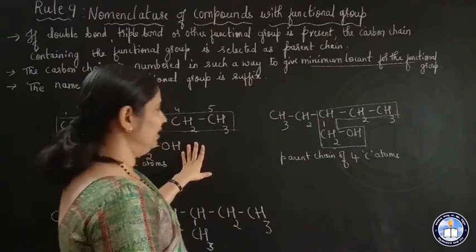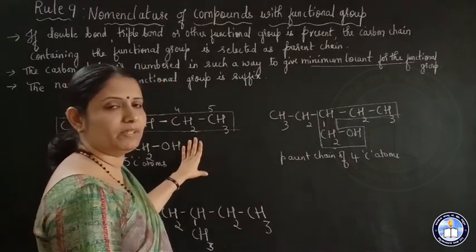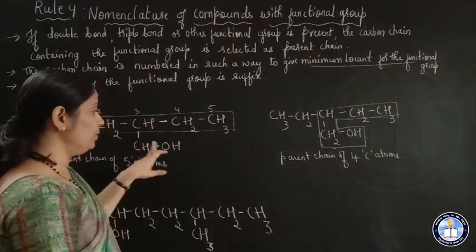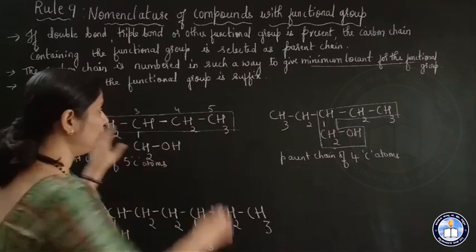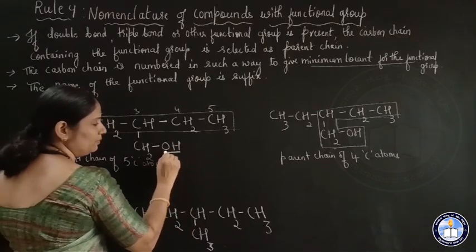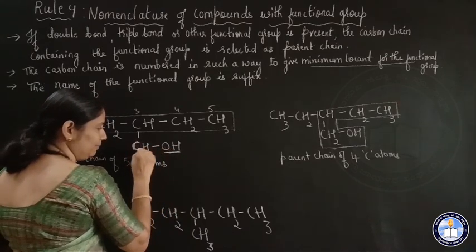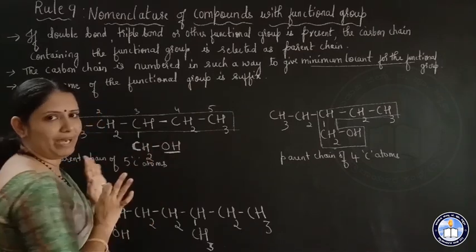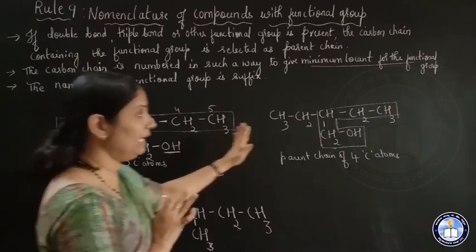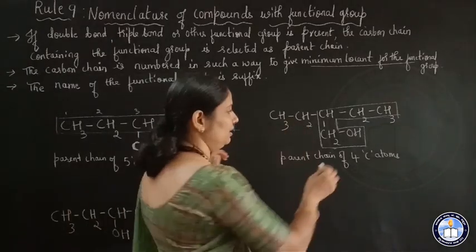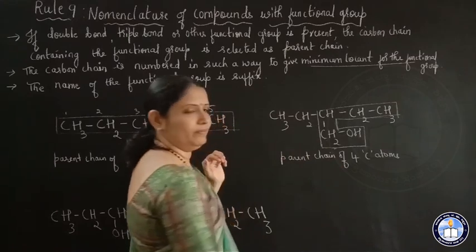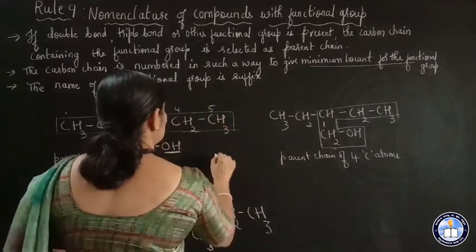So here in this selection there is the maximum number of carbon atoms, but the carbon atom to which the functional group is attached is not included in the parent chain. See, this is the OH group, the functional group. Now this OH is attached to this carbon atom. This carbon atom is not present in the parent chain. So this is not the parent chain. You have to select this as the parent chain. The OH group is attached to the carbon atom, and this carbon atom is included in the chain. Right? So this is wrong.